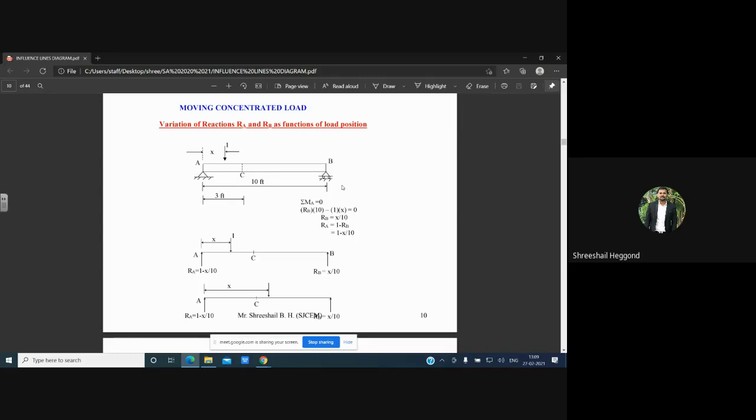Just for example, suppose we have a simply supported beam with a point load. The basic for ILD is that we always need to do the unit load design, and then analyze all our numericals, depending upon the number of loading conditions. Initially, we need to make an influence line diagram for unit load only. Then only will we go for the next loading conditions.